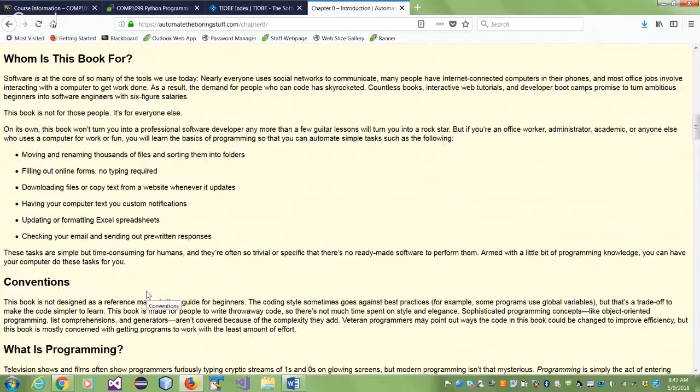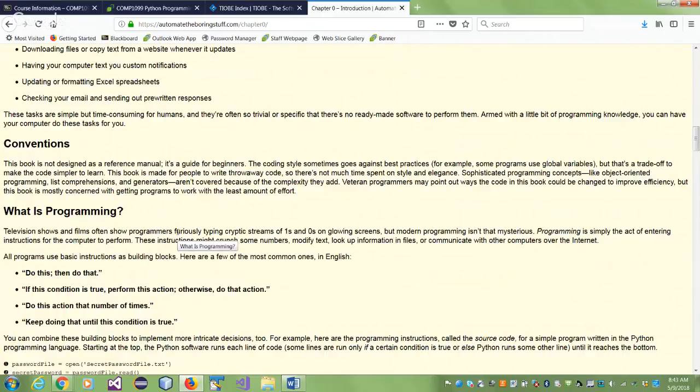In terms of conventions, as I said, this is a beginner's book. We will follow some conventions as a class, and we all follow that convention so that I understand what you are saying, you understand what I am saying. But again, we are not trying to be professional programmers here. So we'll make our own coding style and we'll all stick to it so that we all understand each other.